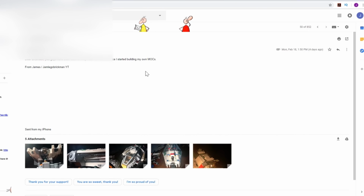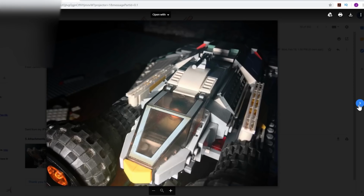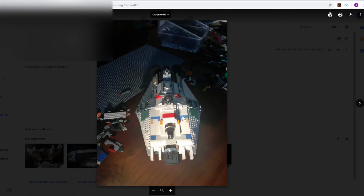Dear BrickVault, you guys have been such an inspiration to me ever since I started building my own MOCs. From James. Thank you so much. Oh, I wonder what this is from. Very distinctive cockpit style and front of the ship. What do we got? Oh, come on. You're not going to show the whole... There we go. I knew you were going to show the whole...